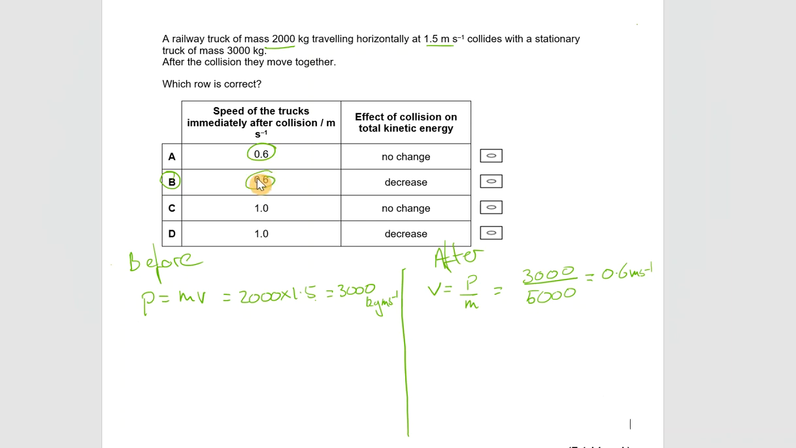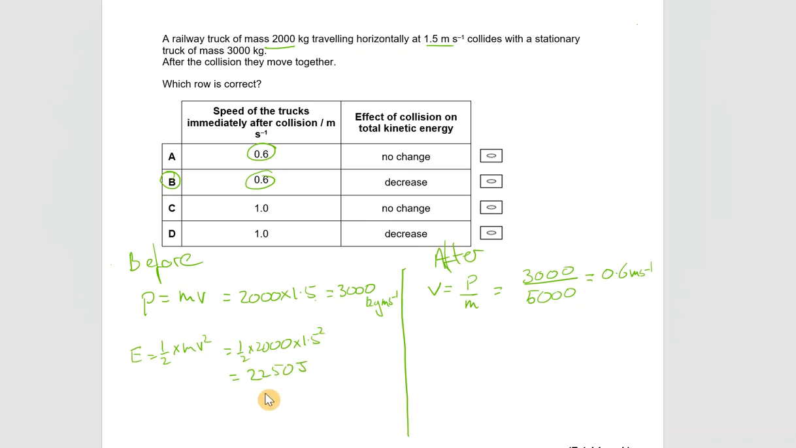Those are the two possibles at the moment. What about the kinetic energy? Well, we've got the kinetic energy equation. Let's put some numbers in again for the first truck. The mass was 2,000 kilograms multiplied by its velocity of 1.5 meters per second. That gives me a kinetic energy of